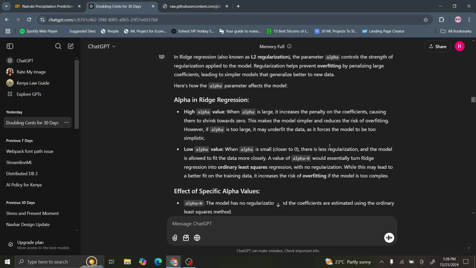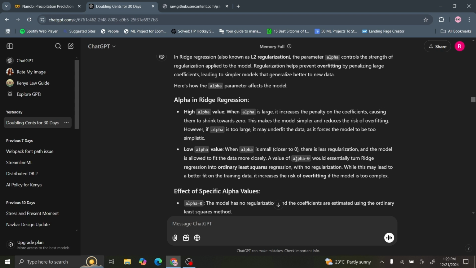So the model is simpler and overfitting becomes less probable. But don't make it too large so that we do not underfit the data. And with a low alpha value, we fit the model specifically to the training data set it receives, so it's increasing the chance of overfitting. And if alpha is 0, it just reduces to